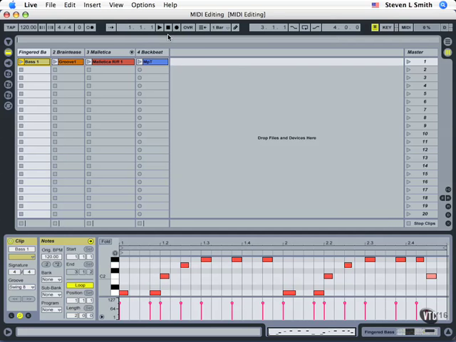As we continue our look now at MIDI editing, we're going to be looking at the same grid, except we're going to be looking at how it varies when we use a drum set like the Impulse. Bear in mind we're also going to learn a few additional things about the grid down here. So if you've got access to the files, go ahead and open up MIDI editing and let's launch that,